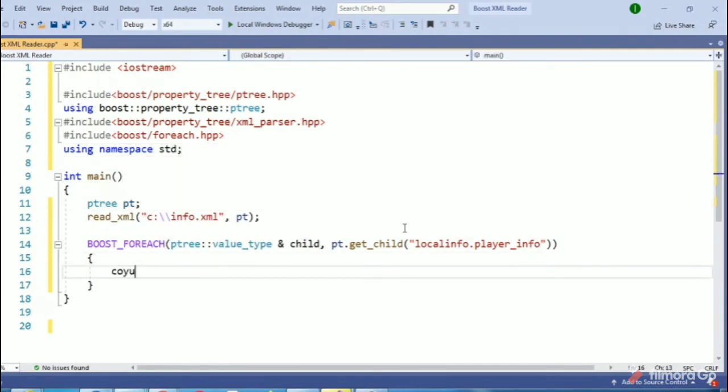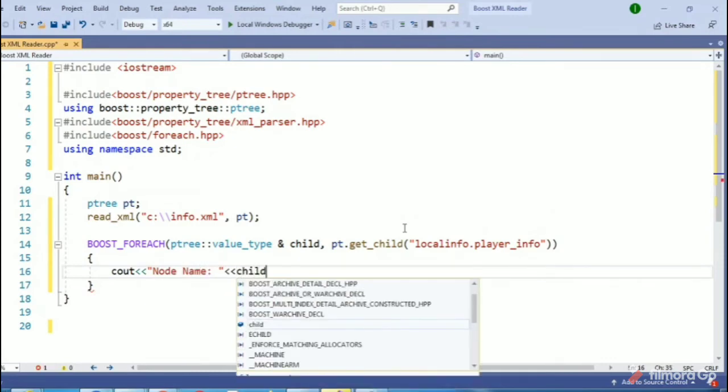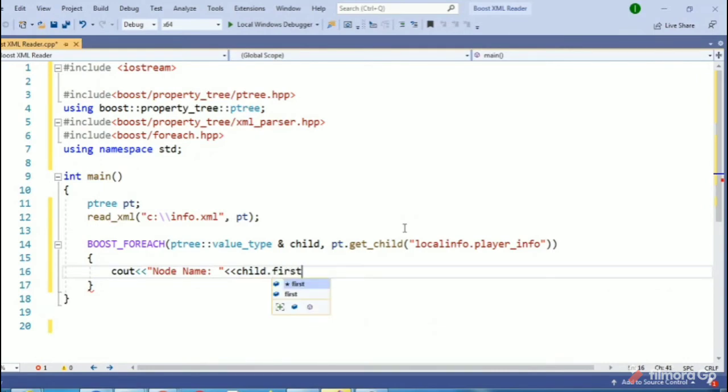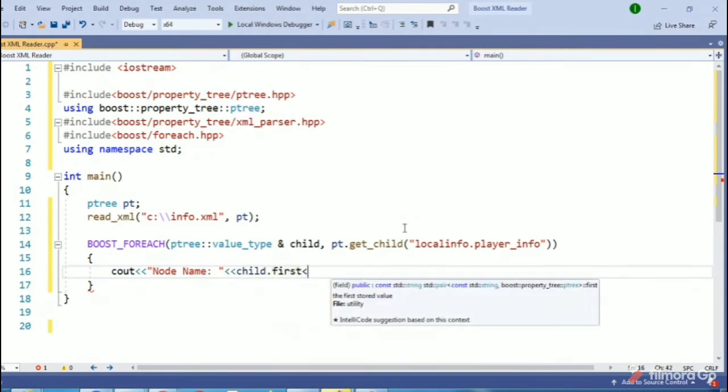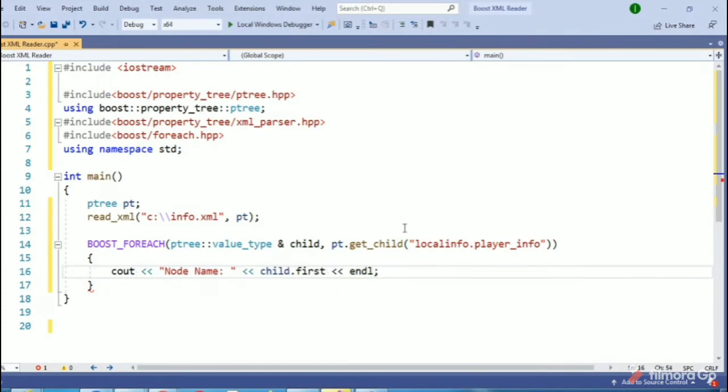Now use cout here to display the child name. It says node name, so we will use child.first. Then we will add a new line.